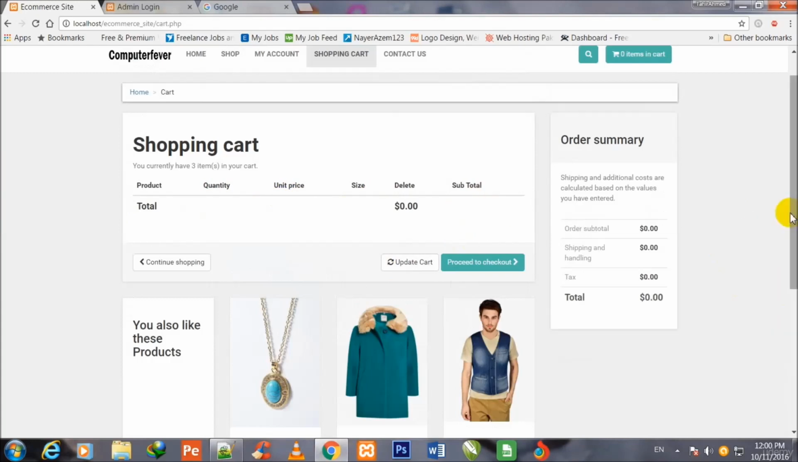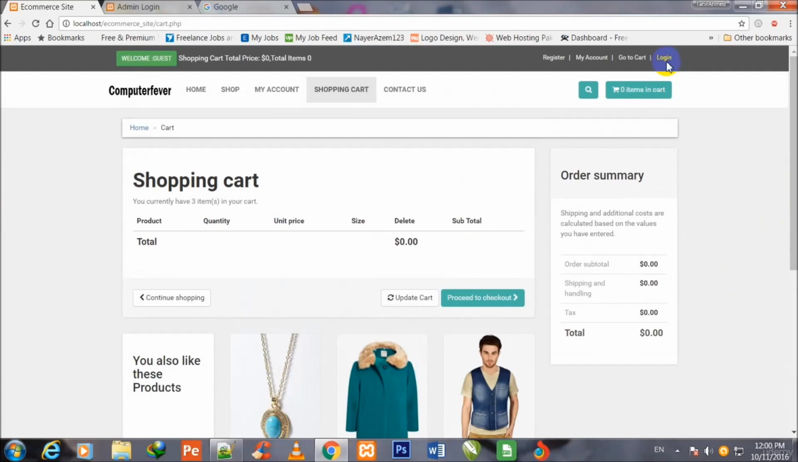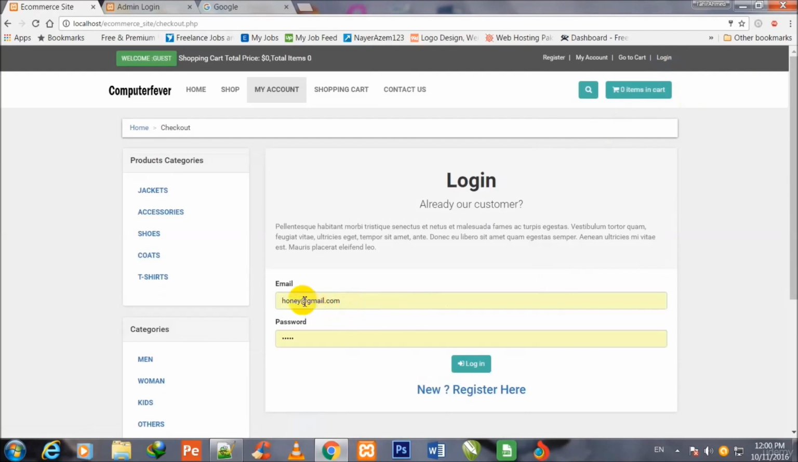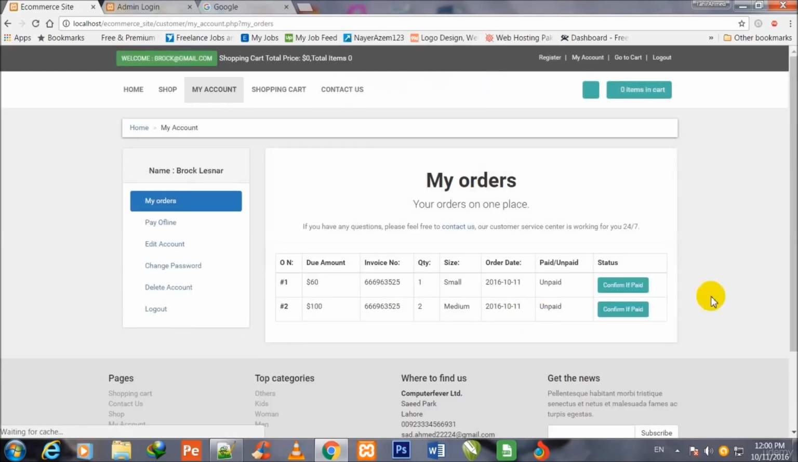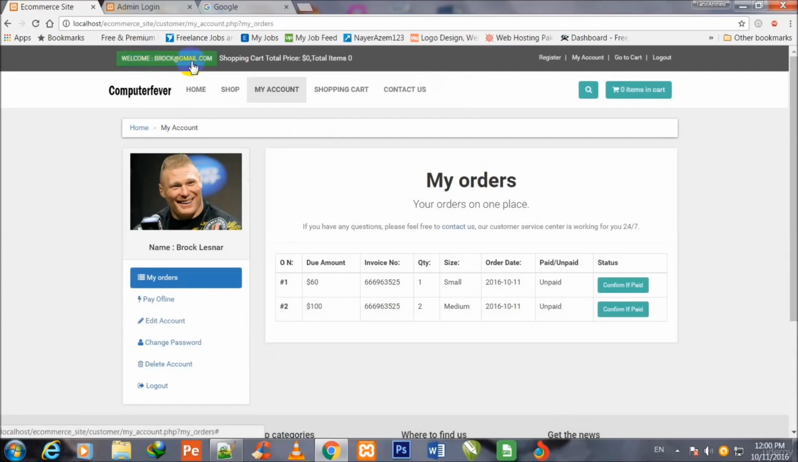So friends, this is the login button. If I have an account, for example, if I click login, here I write my email address, for example brock@gmail.com, and here I write brock123, just a dummy email address. The message "You are logged in" is shown. I click login. Now you can see welcome brock@gmail.com, and my picture, Brock Lesnar's image, is shown here,